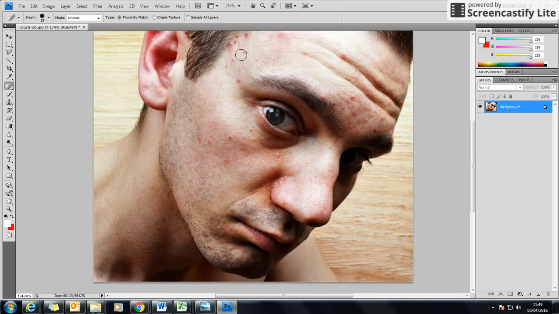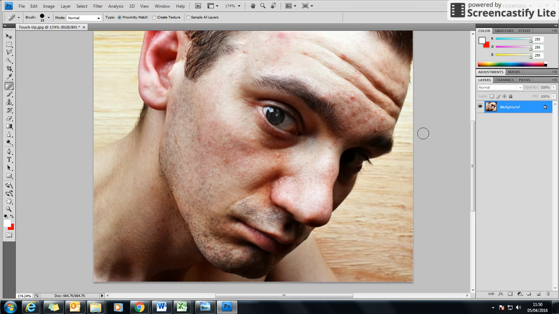It's just gone. Okay, so let's do some of these, and we'll do that with these ones, and it's blended those together. And I'm going to do the same up here. And it's blended that together. What it's done is it's picked up a little bit of hair there, and blended that in, and that's okay. I'm going to leave that for the moment. You might want to do something slightly different. So there's a little spot there. We'll blend that in,